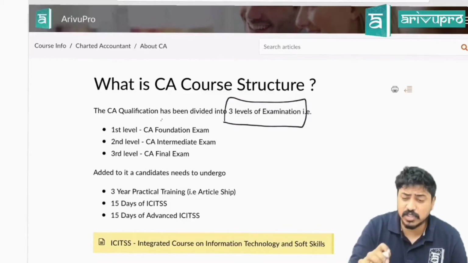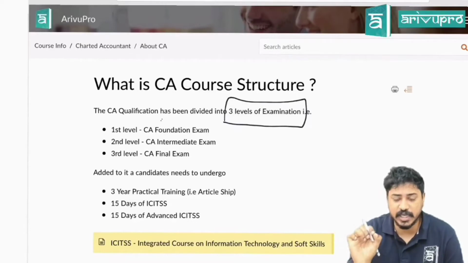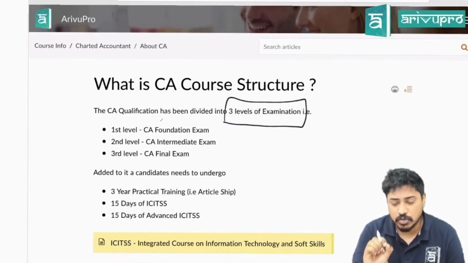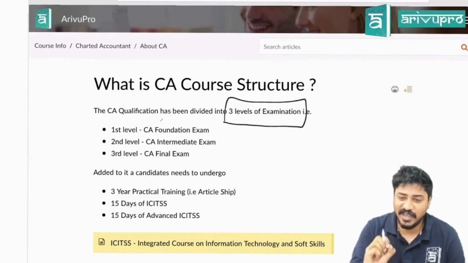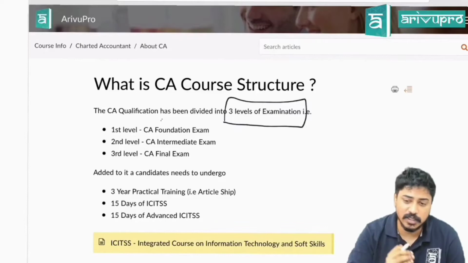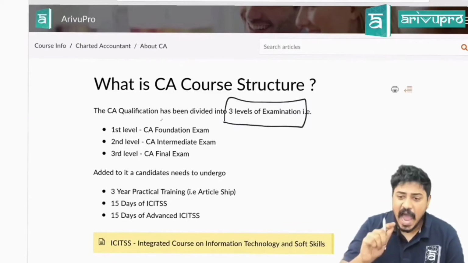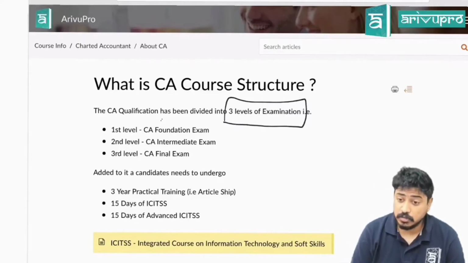That is, the first level is called the CA Foundation exam. The second level is known as the CA Intermediate exam. The third level is called the CA Final exam. These are the 3 levels. Added to this examination,